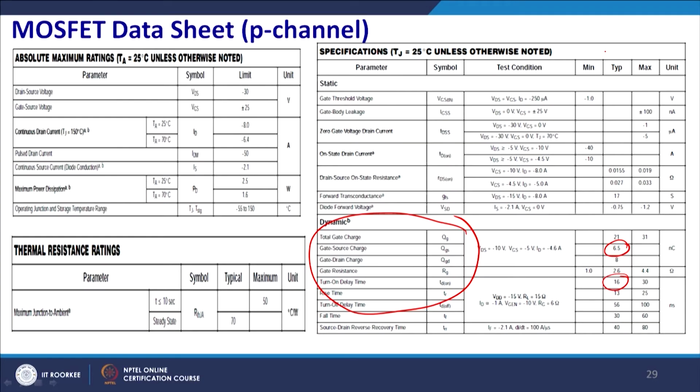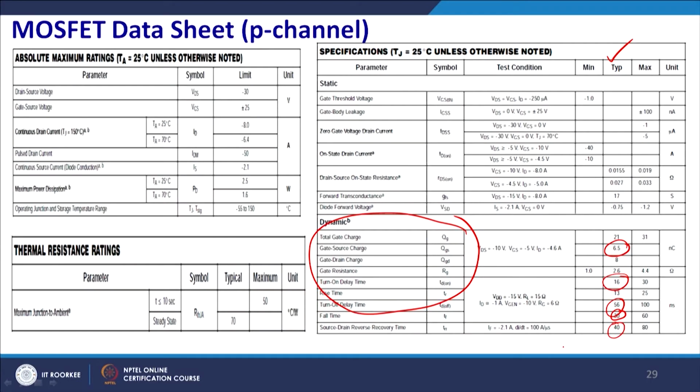So, you will take this column only, and thereafter the turn off delay is around 56 nanoseconds, and this will be 36 nanoseconds, and the recovery time is around 40 nanoseconds. So, these times which we have been talking about in microseconds are now nanoseconds. So, it can be used for high switching frequency kinds of applications. However, what is the difference? The current handling capability of these devices is quite low, it is just minus 4.6 ampere, and